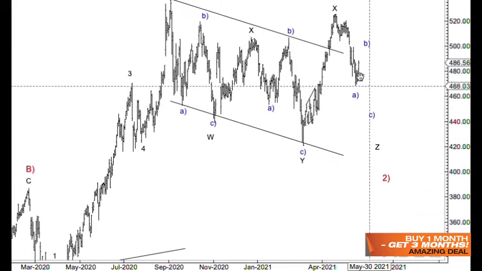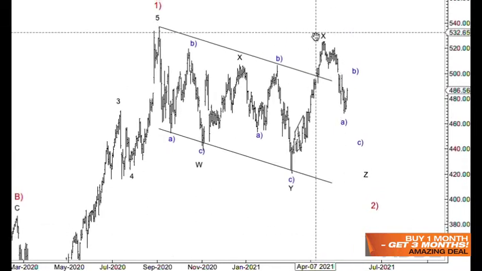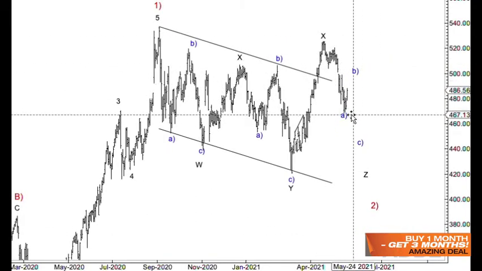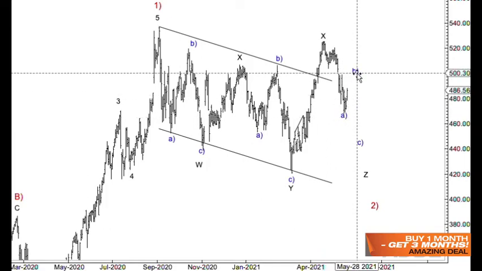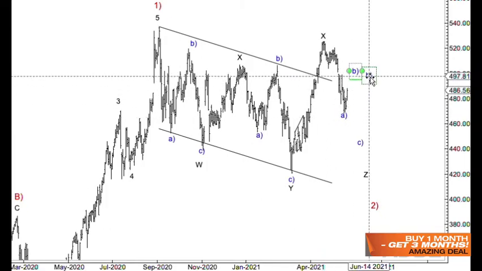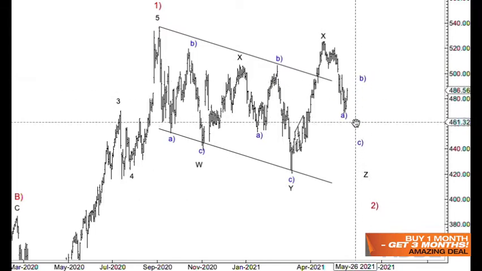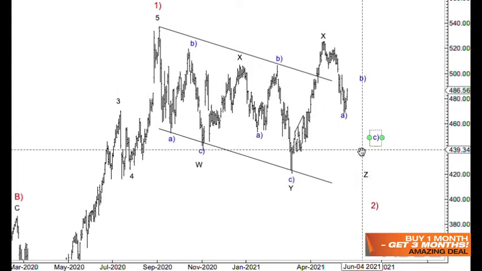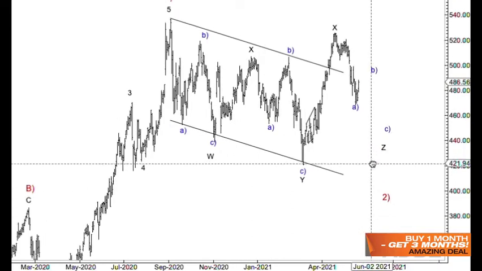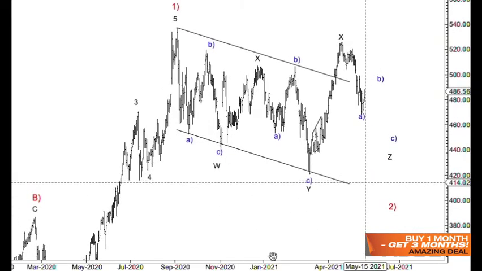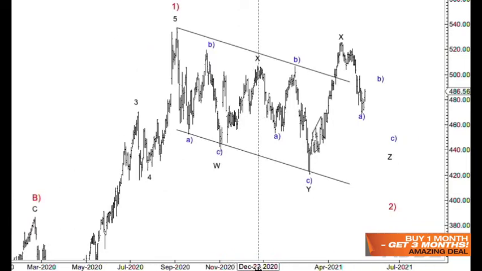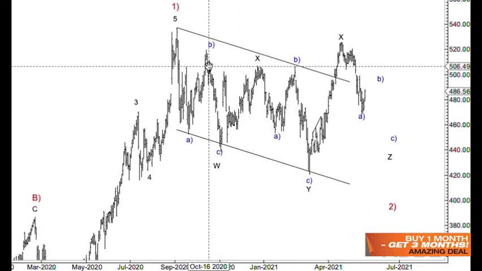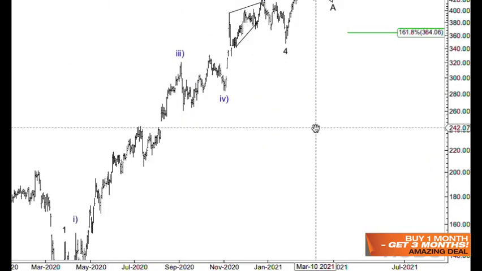Trading wise, since we had the 5 waves down, we should be waiting for 3 waves up, or since it's a B wave, it can also become a triangle, and then possibly you could trade for the short term the 5 waves down in C. That is possible as well. Other than that, there's not really much more to add because I feel like the chart speaks for itself. If we move on to UPS,